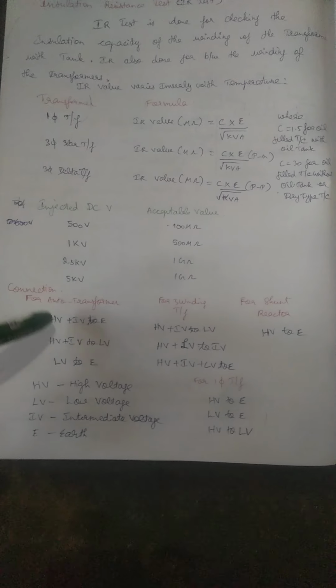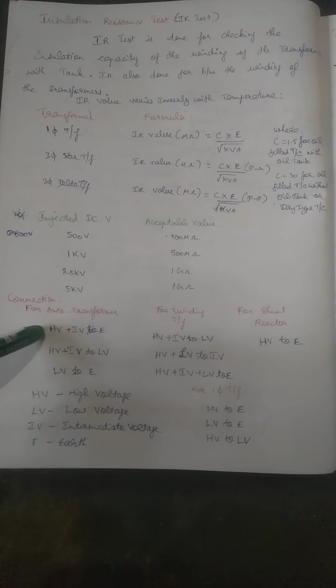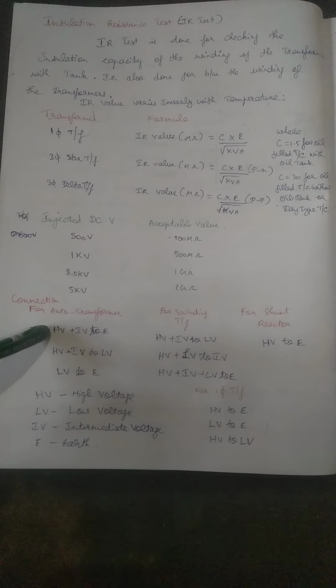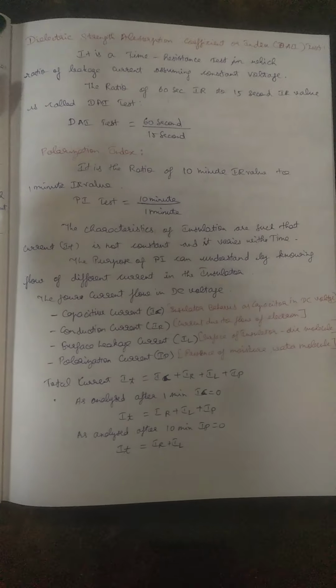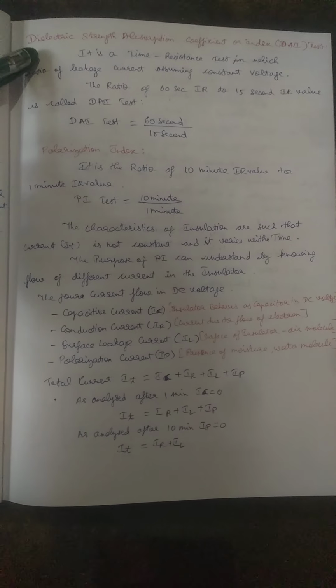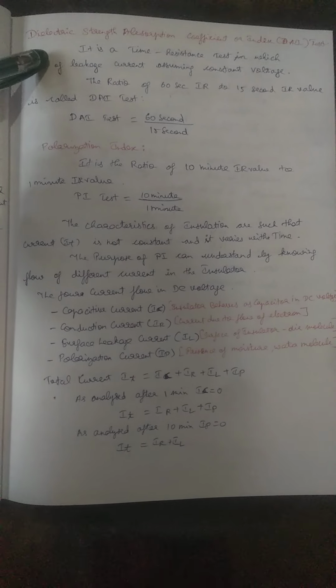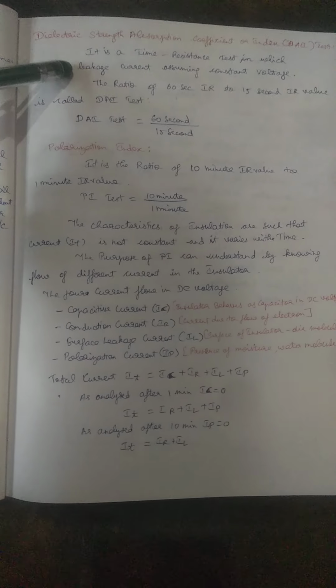So these are all the connection leads which need to be connected before injecting the DC voltage from the megger or any other kits. So this is your dielectric absorption coefficient index, which means DAI. We will call it DAI. The dielectric strength is checked by